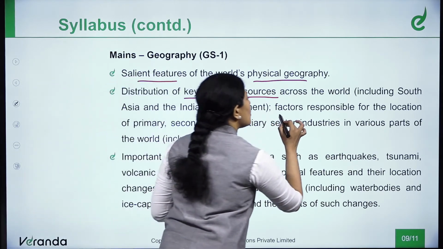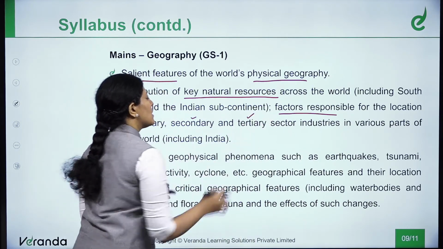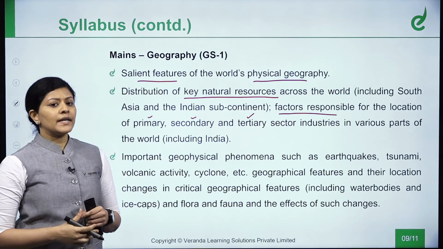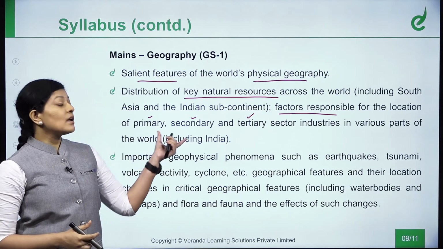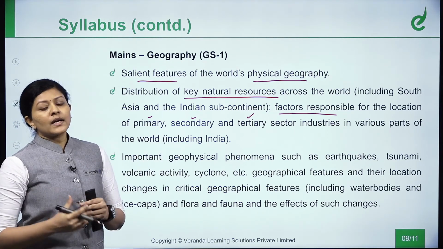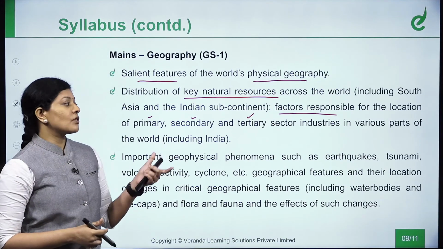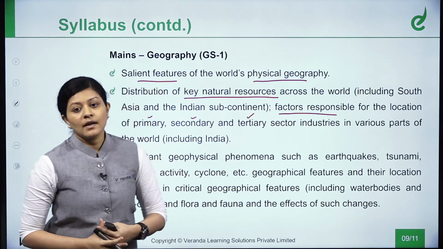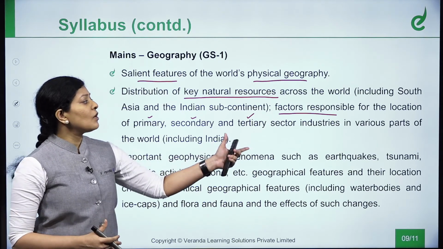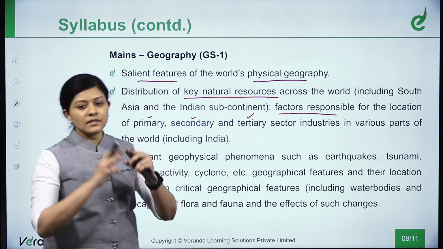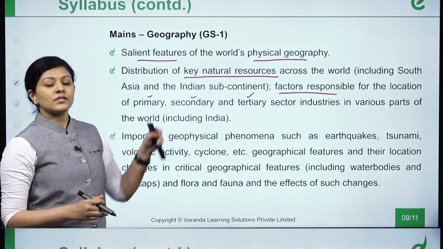And we'll also see what factors are responsible for the location of primary, secondary and tertiary sectors. Primary means farming, fishing, mining, all those. What are the reasons behind the location of the primary sector, whereas secondary is the manufacturing sector. Why are car manufacturing companies mostly in the western part of the world? Those things are also dealt with here. And tertiary is the service sector: information technology, communication services, banking services, tourism. We look at what factors are responsible for its location. I'm just giving you an overview; the topic expands even more than this. These are just your key points.